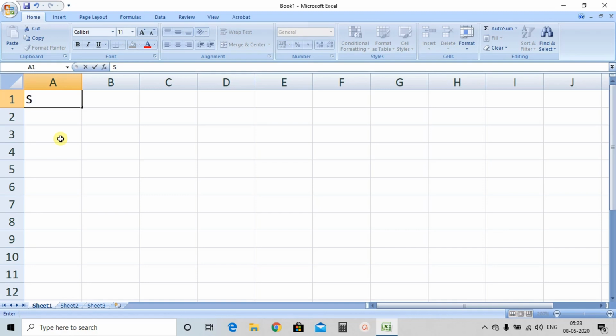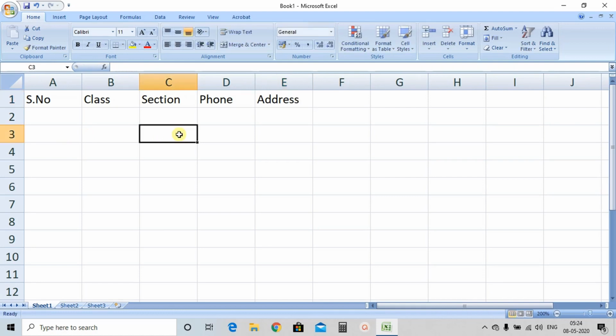Suppose for first column I am writing serial number, then in second class, section, then phone and address. Okay, so these are the 5 headings I have prepared: serial number, then class, section, phone, address.